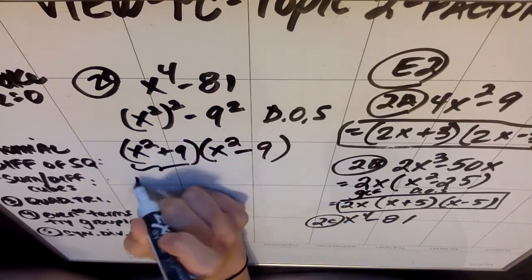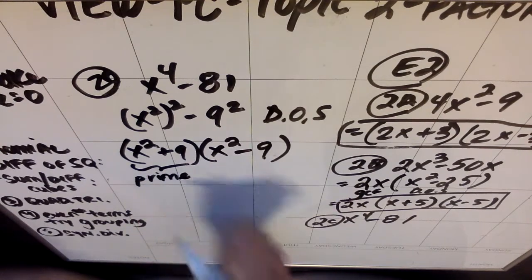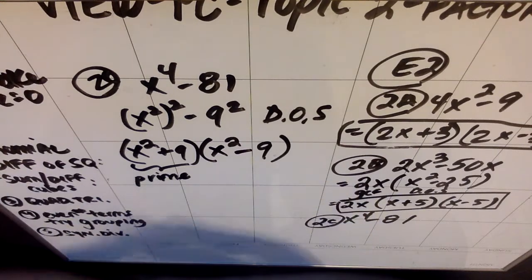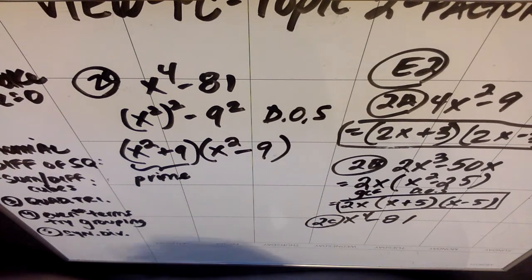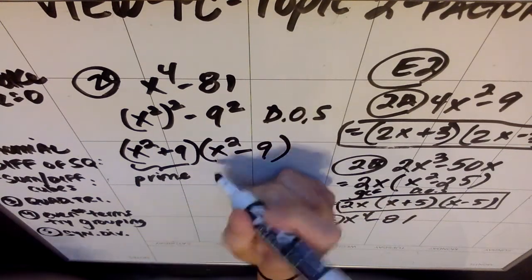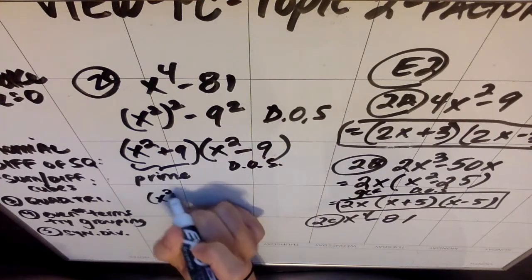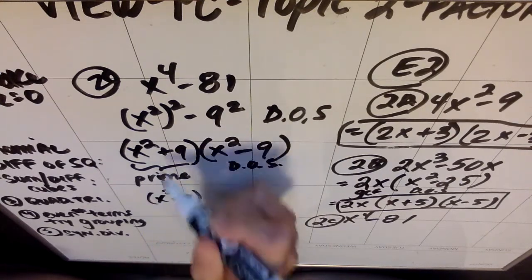Well, this guy is what we call prime. He doesn't factor. x squared plus 9 is a special thing. It's called a sum of squares, but a sum of squares does not factor over the real numbers. It would only factor in imaginary numbers, the letter i. So this guy, however, is still a difference of squares. So what's going to happen, because I was asked to fully factor, I keep this prime factor the way it is,